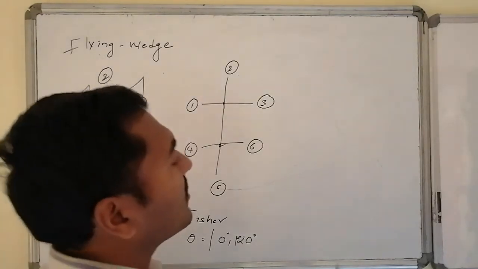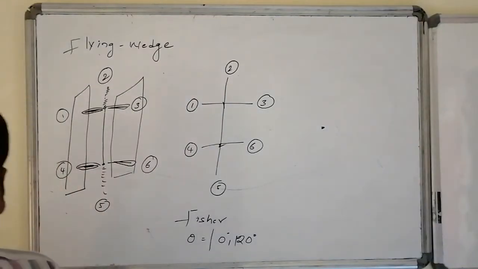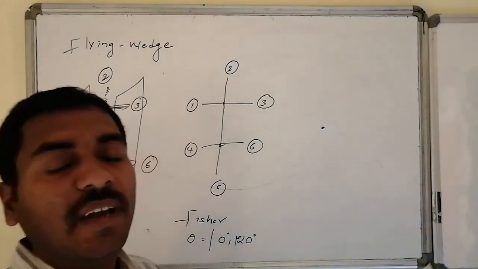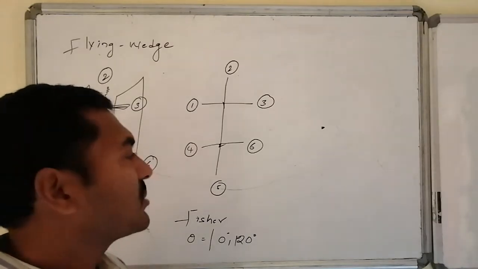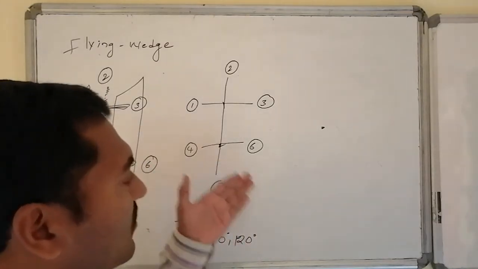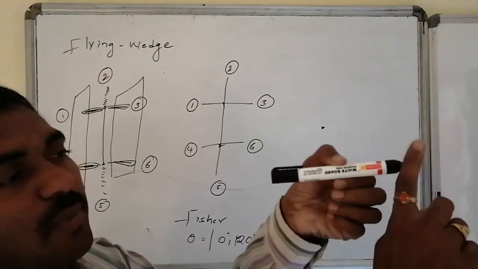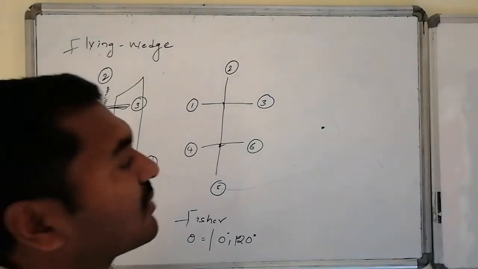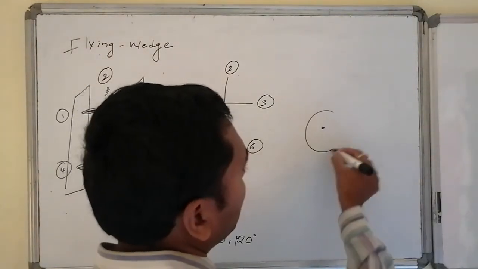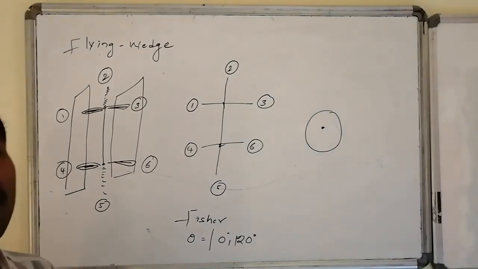Such sophistication is fulfilled in another model. That model is said to be the Newman presentation. In the Newman presentation, we visualize the front carbon atom completely like this, whereas the back carbon is completely covered by the front carbon atom. That is not at all visible. We write that one with a circle. The circle stands for the presence of another carbon atom at the back side of that one.